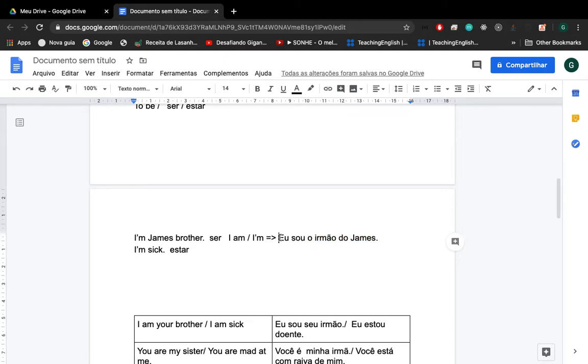Okay? Don't pay attention to the rest of the sentence. We just need to focus on the pronouns here and the verb. Okay? So let's take a look at other examples so that you guys can tell the difference between the verb to be in these two sentences. I'm sorry. If I say I'm sick, like it's a temporary condition, right? I'm sick right now, but I might not be sick tomorrow, or even I might not be sick 2 days from today.